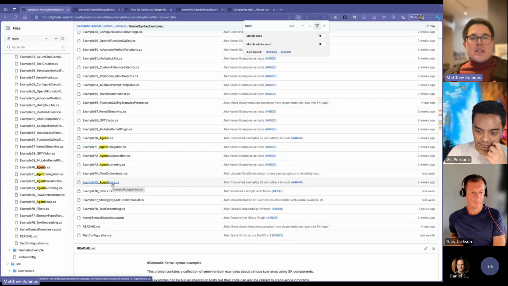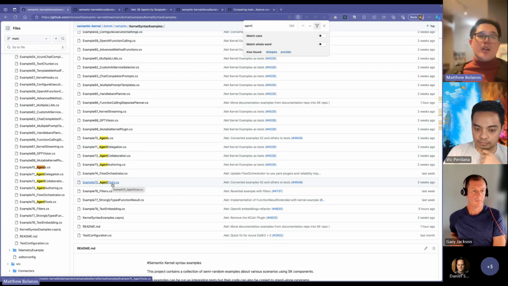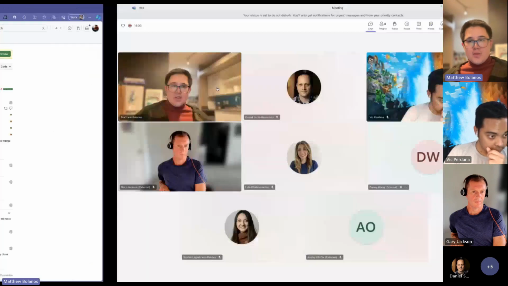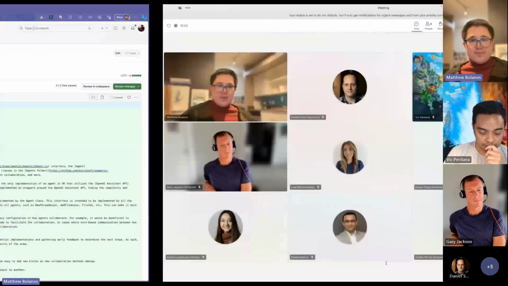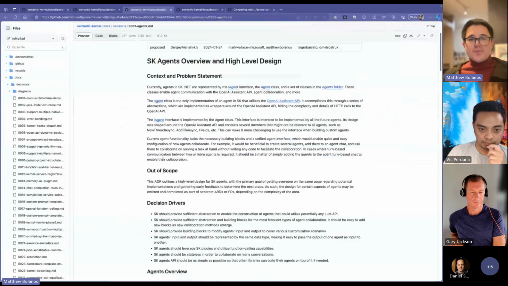What we as the Semantic Kernel team have realized as we've been doing this experimental package is our current abstractions are very, very tightly coupled to the Assistants API that OpenAI created. And we've heard from folks that being able to build agents with any model is really, really important. And so the last ADR that I want to share with you is this one. Again, I'm going to share in the chat. Is how we're currently thinking about agents within Semantic Kernel.